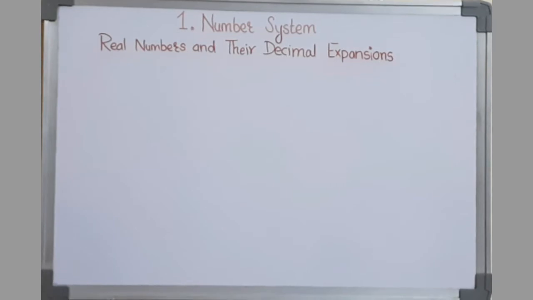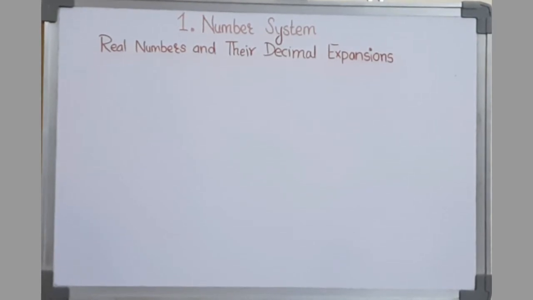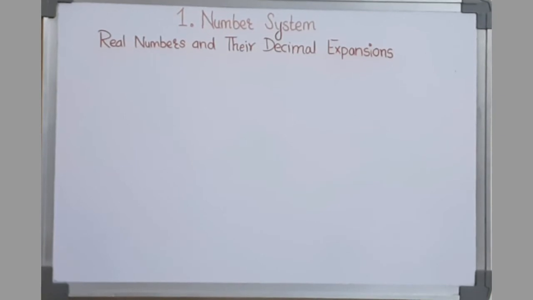In our earlier video, we have solved exercise 1.2. In today's video, we are going to see the topic real numbers and their decimal expansions. In this section, we are going to study rational and irrational numbers from a different point of view. We will look at the decimal expansions of real numbers and see if we can distinguish between rationals and irrationals. We will also explain how to visualize the representation of real numbers on the number line using their decimal expansions. Now let's start.